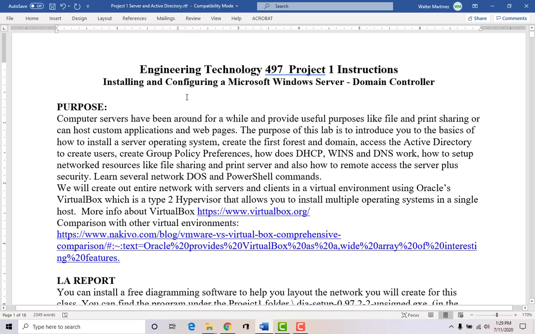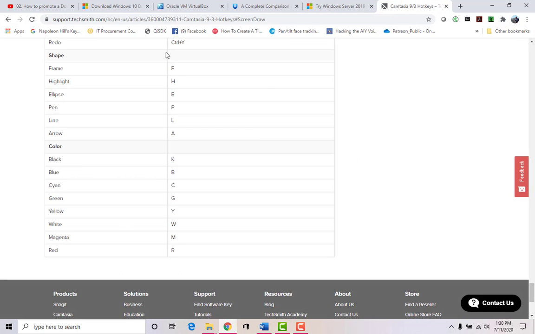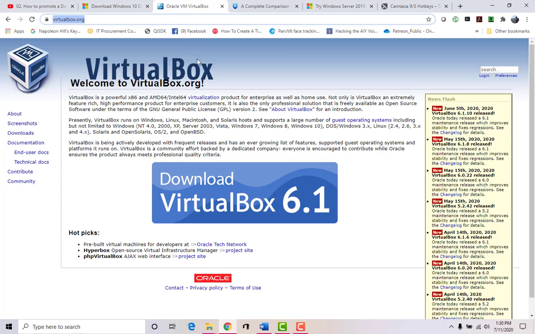The idea is that in your laptop or your desktop, you will install software that is called a hypervisor, and the one that I picked to use is VirtualBox. VirtualBox is a free software that can be accessed online. It's free and open source. It is produced by Oracle, one of the largest database software companies in the world. But it's a really neat tool.